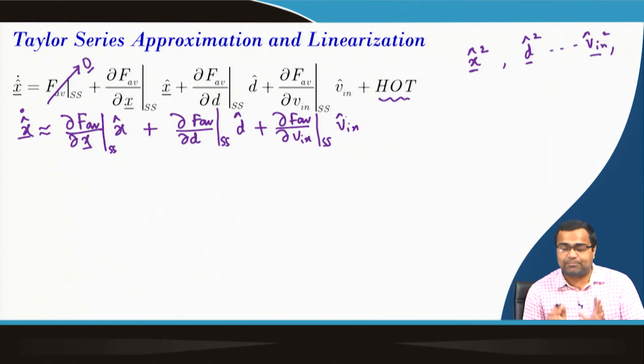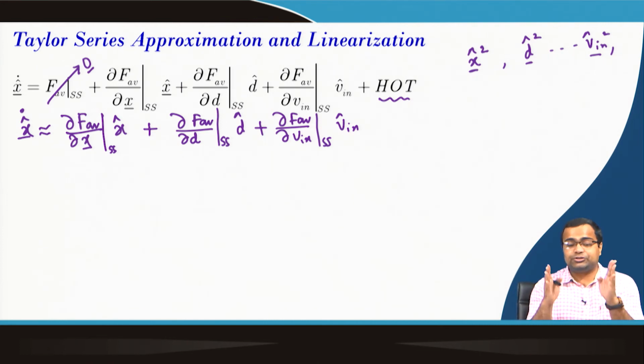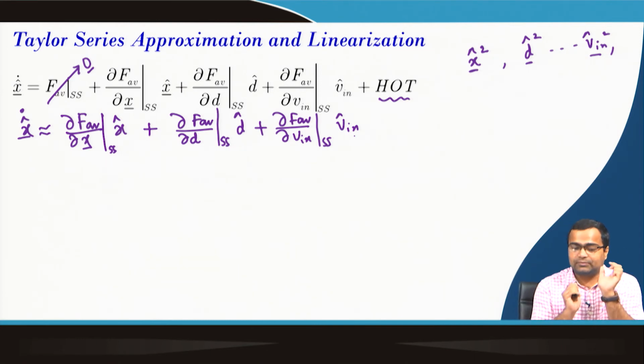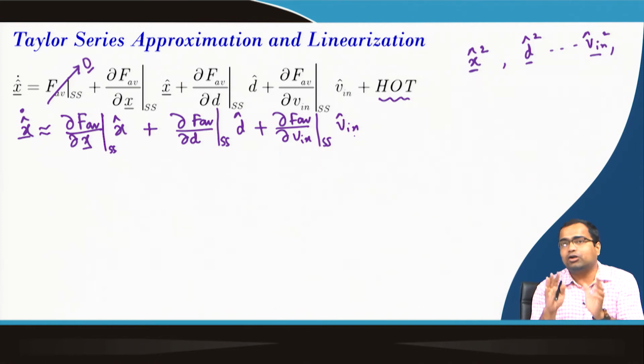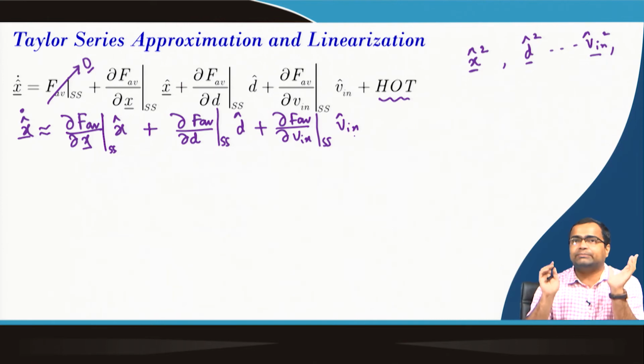So, this can be approximated when we ignore the higher order terms. That means the perturbation of the duty ratio, the perturbation of the state variable as well as the perturbation of the input voltage should be small enough compared to their steady state quantity. And I will show you in a subsequent lecture that this assumption makes this small signal model valid within a narrow bandwidth, beyond which this model is not valid, because the perturbation will no longer remain small.